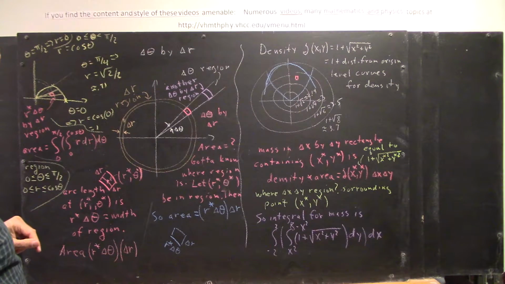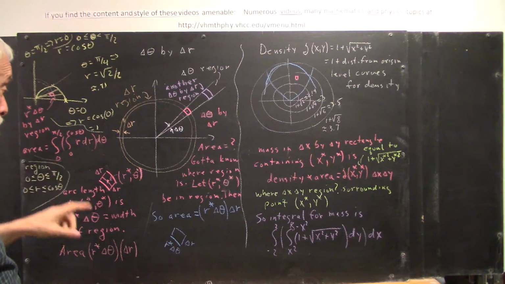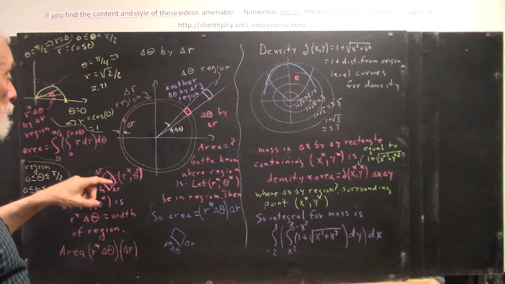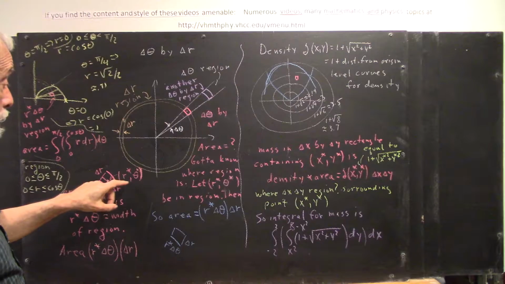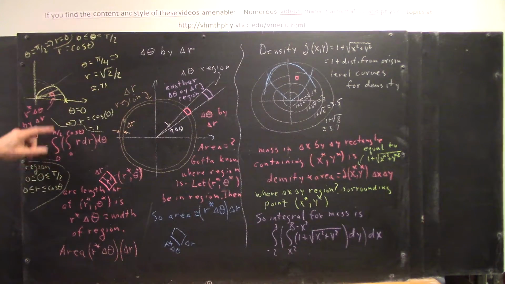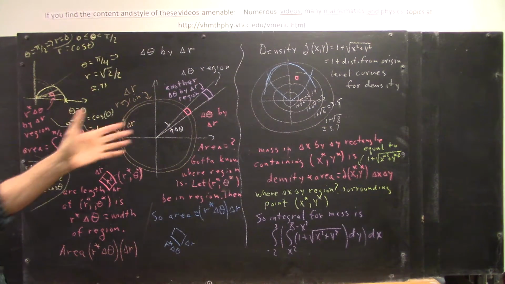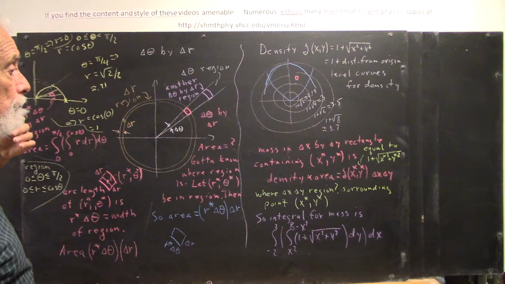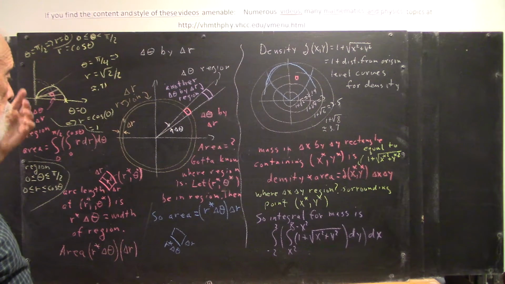And the way we're going to do that is we're going to ask ourselves, well, what's the mass inside your typical delta r by delta theta region with sample point r star theta star? Once we can answer that, we know what limits to put in the integral because the region is still the same region, and we're going to get an integral that represents that